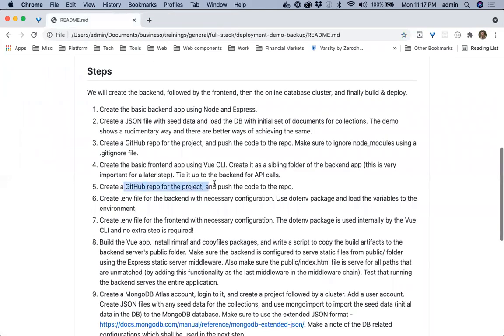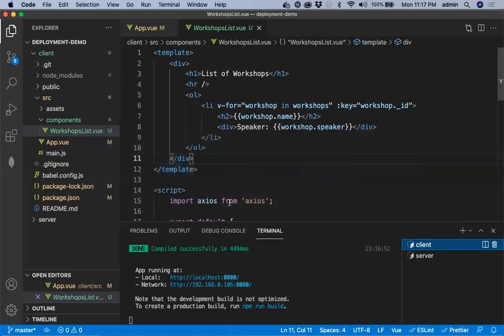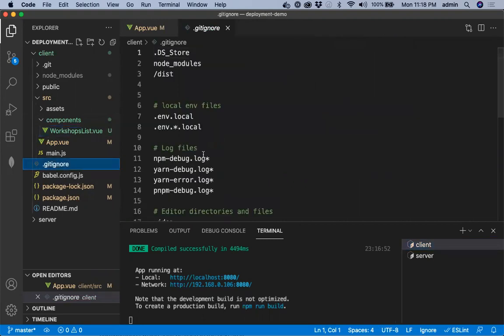In the next step, we will be pushing this Vue.js project also into GitHub as a GitHub repository. When you create a project using Vue CLI, it already is a Git project. If it is not, you can always use the gitignore Node.js package to create this .gitignore if it's not already present. That ignores also the node_modules folder.